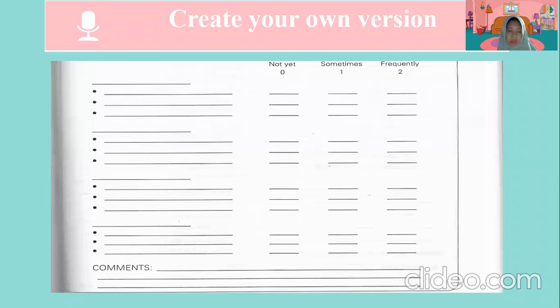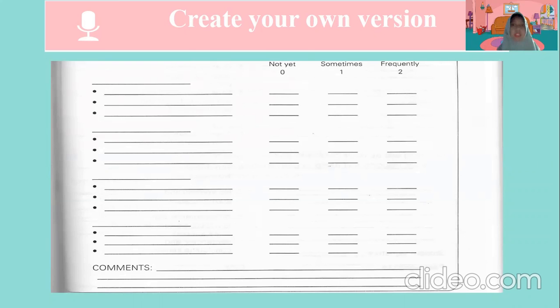And as you can see here, there are three types of score: not yet, sometimes, and frequent. And the left side is the indicator that you want to achieve. For example, number 1, I put the indicator is work habit. The sub indicator, I put helping the student work on time and take initiative.